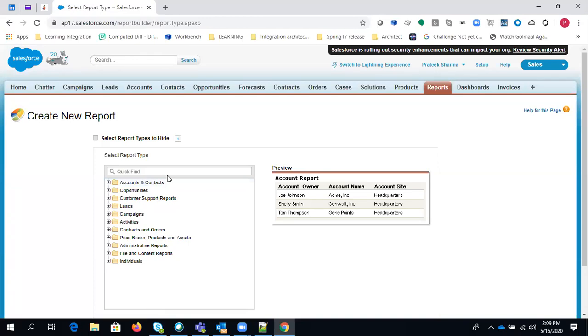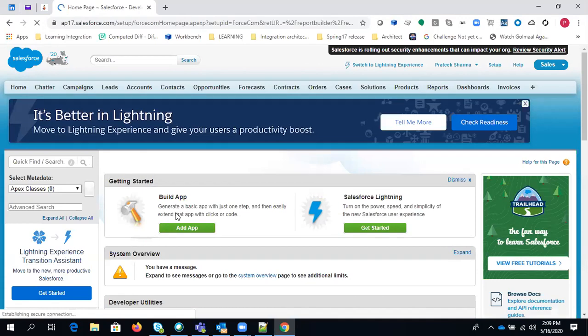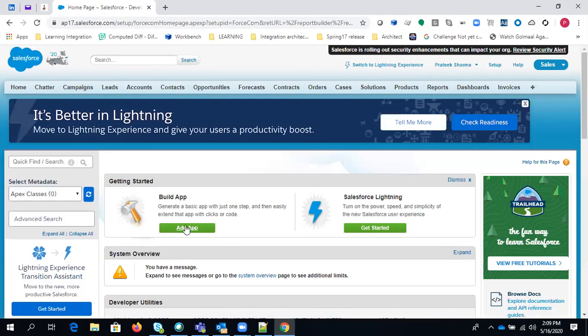So right now these are the formats we have, right? So let's create a custom report type, and you can also save that custom report type into your desired folder. You are getting some folders there, the standard report type folders. So you can also save your custom report type in these folders.